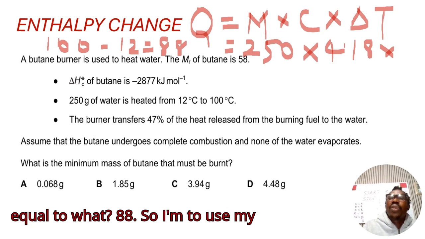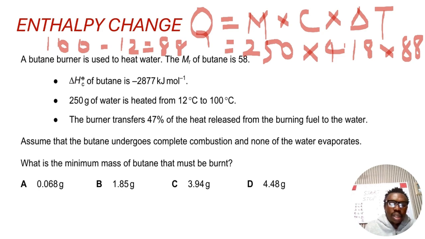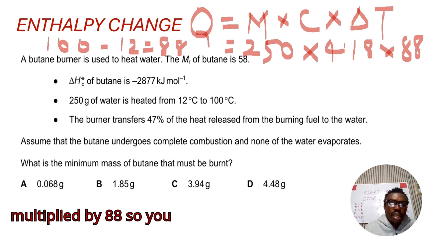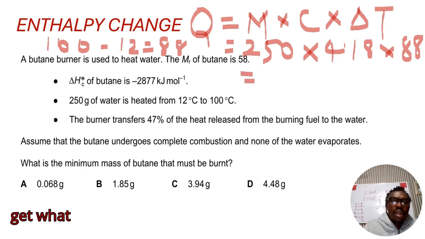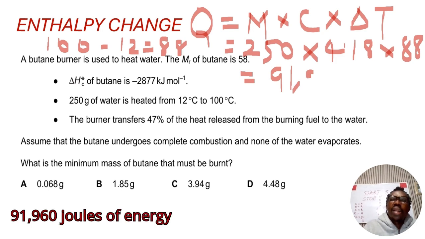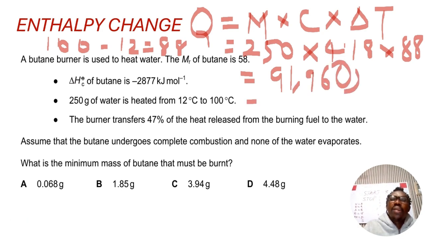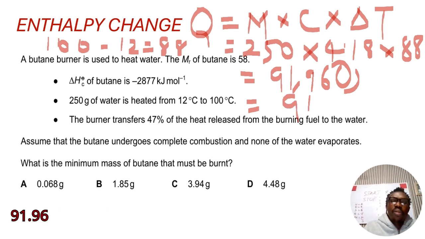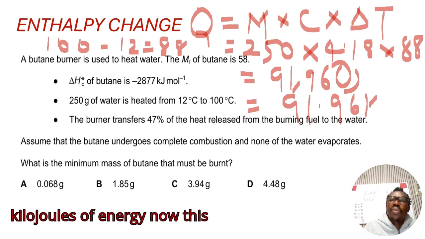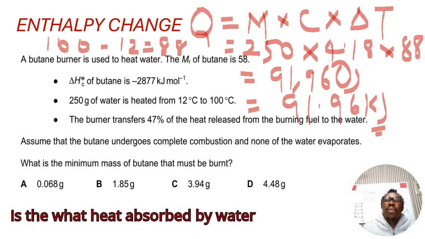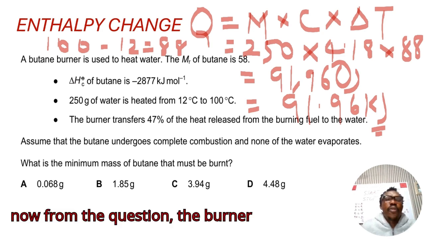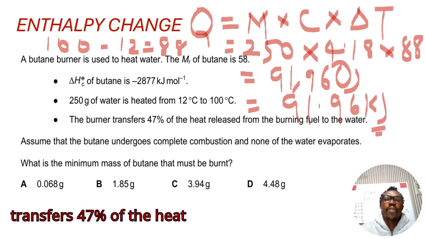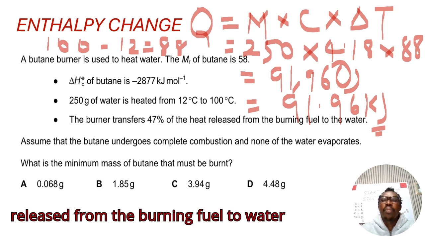So temperature change is equal to 88. So I'm going to use my calculator. 250 multiplied by 4.18 multiplied by 88. So you get 91,960 joules of energy. Convert it to kilojoules, divide by 1,000. So you have 91.96 kilojoules of energy. Now this is the heat absorbed by water. Now from the question, the burner transfers 47% of the heat released from the burning fuel